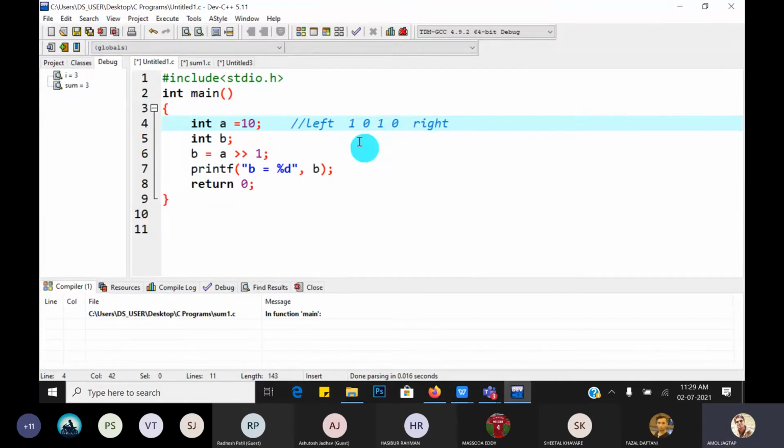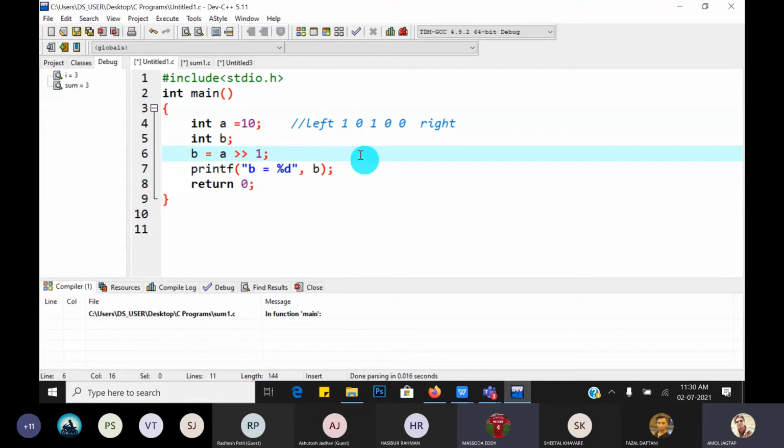Left shifting means what? This one we have to shift to the next bit. So it goes here. Then 0 goes here. Then the first one goes here. Then 0. And lastly 0 is added. Understood? Where do the bits get shifted? 1010 is shifted from the left side, so it is called left shifting. Okay, so it is called the left shifting operator.